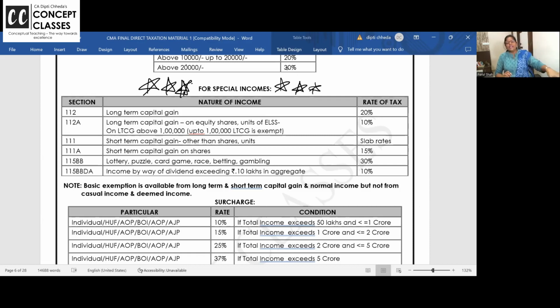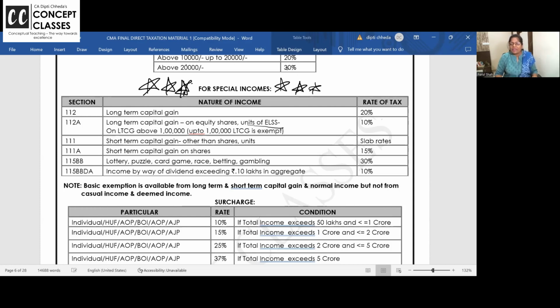There are few incomes which are taxed at special rate. What are they? Long-term capital gain. Long-term capital gain on jewelry, property, plot, building, antiques, all that, is taxed at 20%. Long-term capital gain on listed equity shares, on which security transaction tax is charged, or units